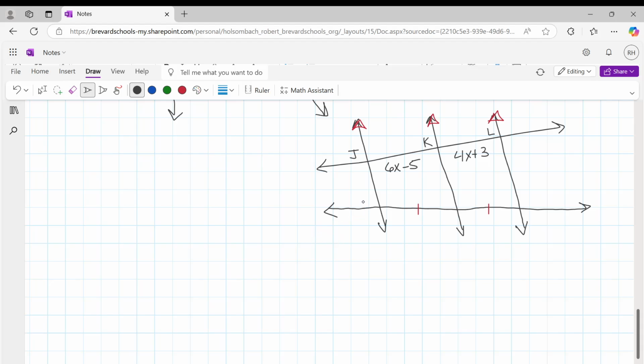M to P, that's 3y plus 8. And P to Q, 5y minus 7. All right, and if you have to find x and y,